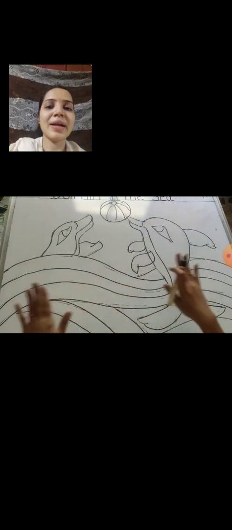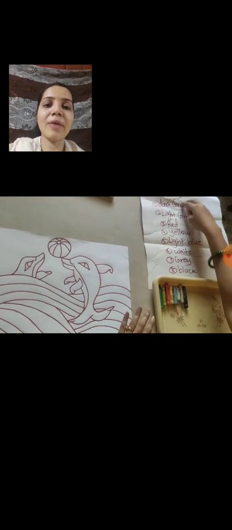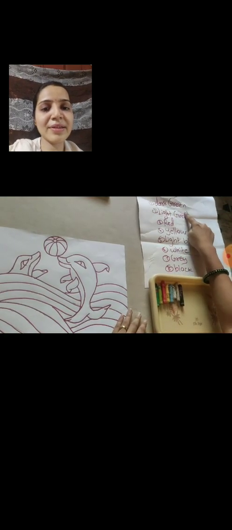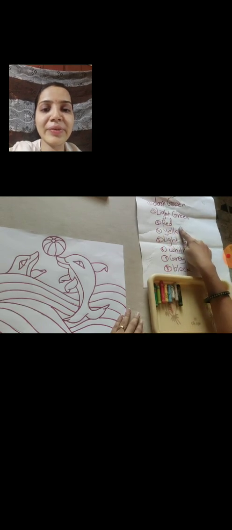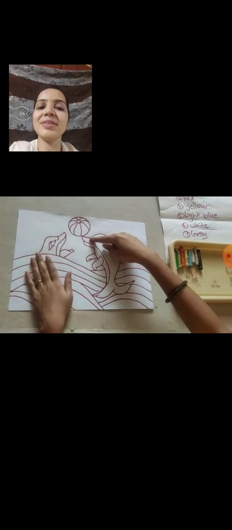Now you have to color it the same way. We will color using many shades. Our drawing is finished. See, I will show you coloring step by step. We are going to use all these colors. See, light green, red, yellow, light blue, white, grey and black. All the colors you take, and then like this you can even outline your picture. It will look more beautiful. Give a nice outline border to your picture, and then you will start coloring.